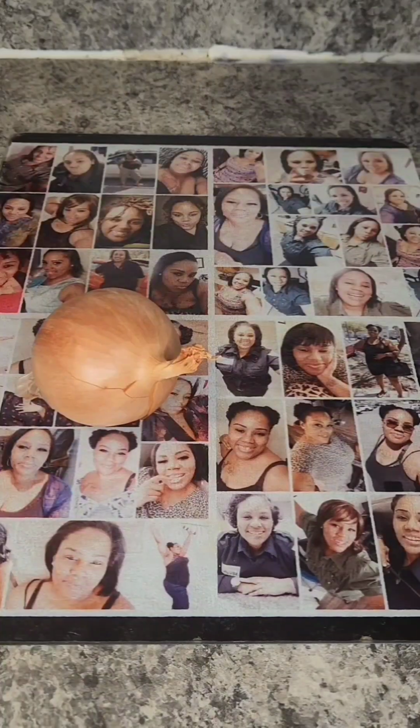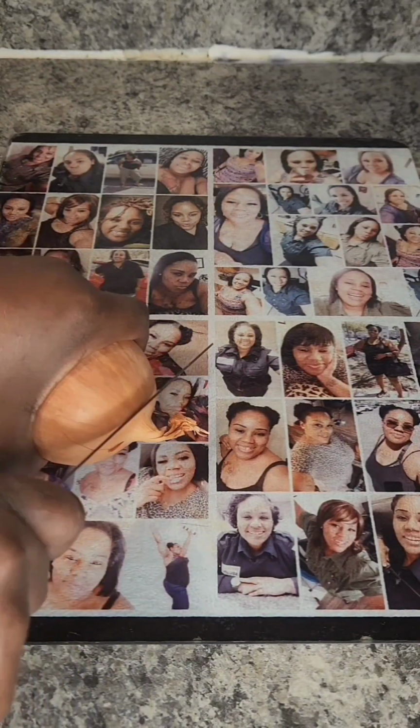Well, today I will be making some steak fajita crunch balls. Let me show you how. Let's begin. So I'm going to use 1 onion,